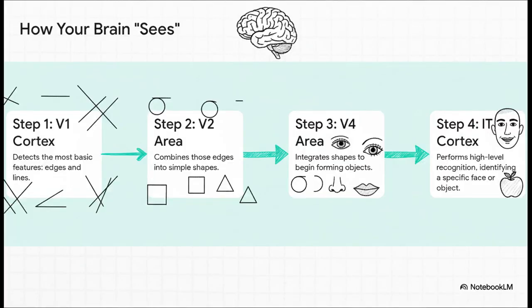It's really a beautiful system. When you look at a face, the very first layer of your visual cortex, V1, doesn't actually see a face. It just sees simple little edges and lines. Then, the next layer, V2, takes those lines and combines them into simple shapes. V4 starts putting those shapes together into more complex things. And then, finally, a high-level area like the IT cortex puts it all together and goes, oh, that's my friend's